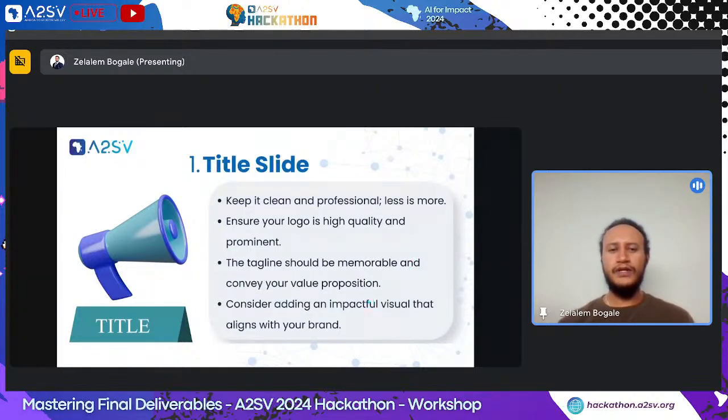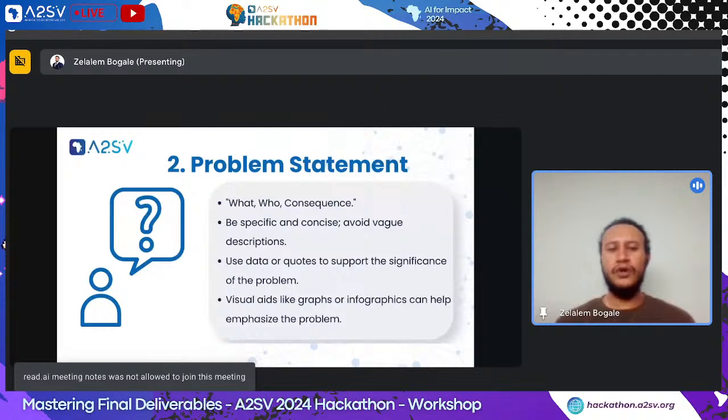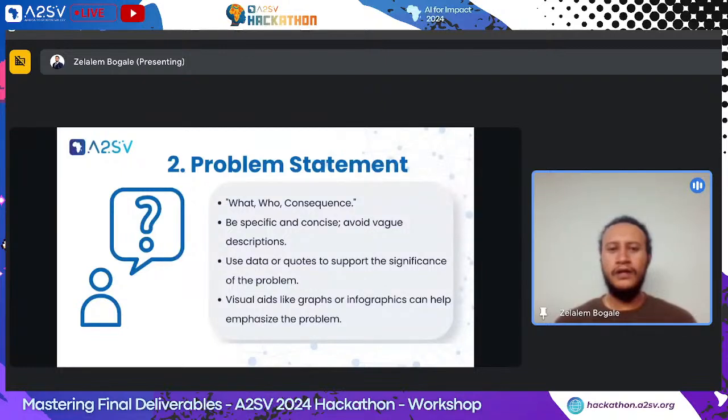So next we have the problem statement. So for the problem statement, I want to give you this one important pointer. A compelling problem statement has three things. So first, it answers what the problem is. Then it answers who this problem affects, and third, it talks about the consequence of this problem. So these three things should be there. For example,